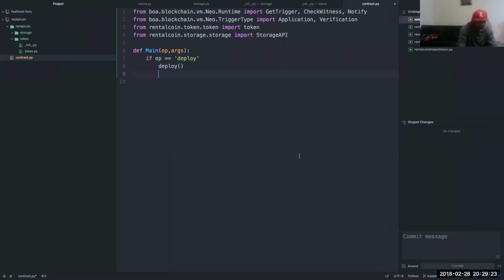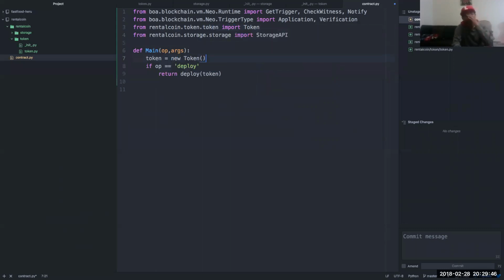Okay. Return token equals new token, which needs to be a capital T.